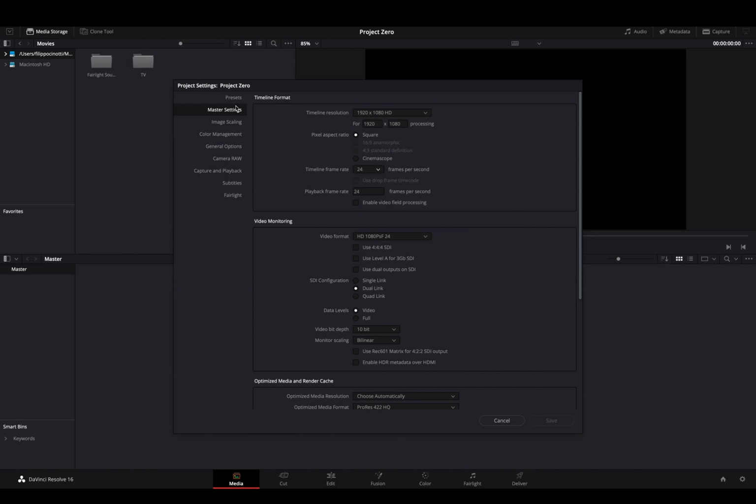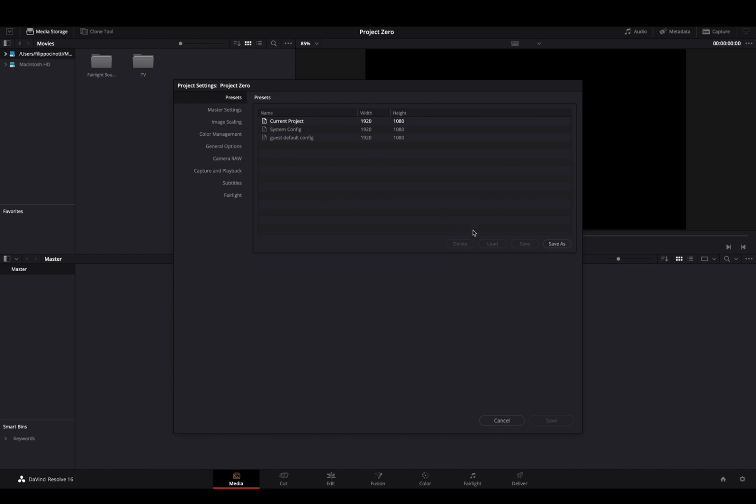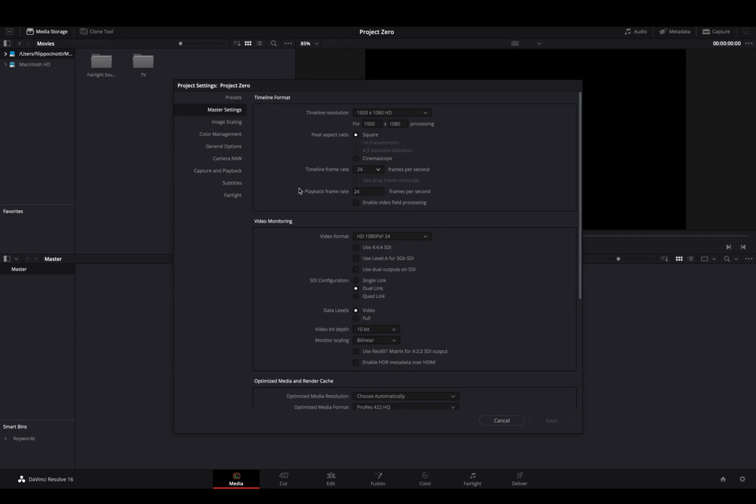After doing this, I can just jump into presets and save as or save, because we can import and export these presets, and just tell the program that I want to use it, double click it, and it will launch your presets. Master settings is where you want to work mainly, because all the time maybe I'm editing a 16:9 or 2.39